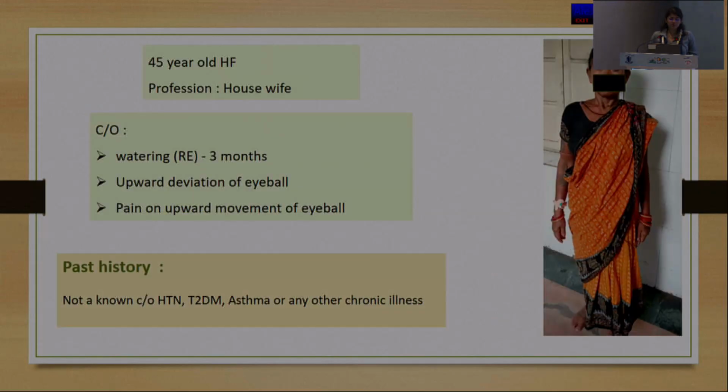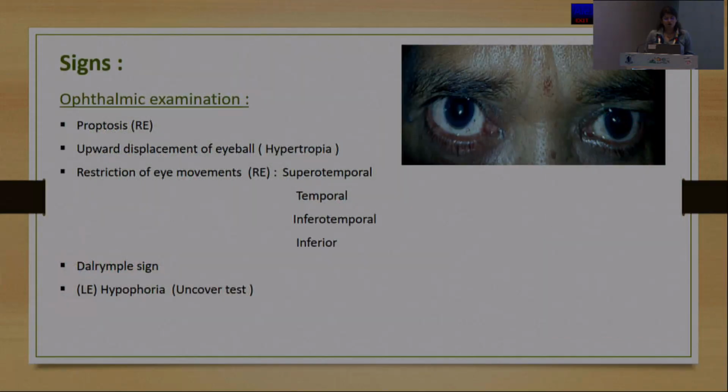A 45-year-old Hindu female came to our ophthalmology OPD with chief complaint of watering right eye since 3 months with upward deviation of eyeball, pain and upward movement of eyeball. There is no significant past history. On ophthalmic examination,